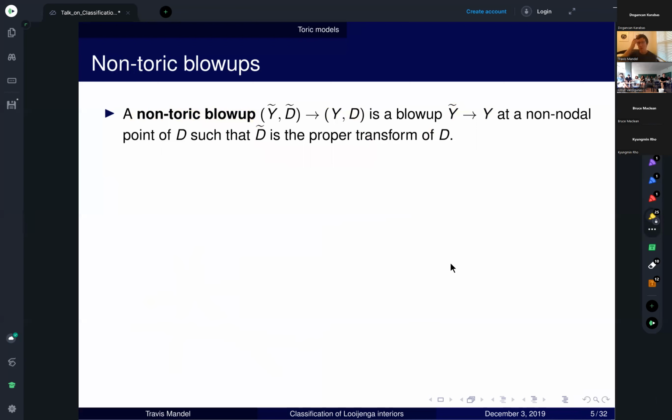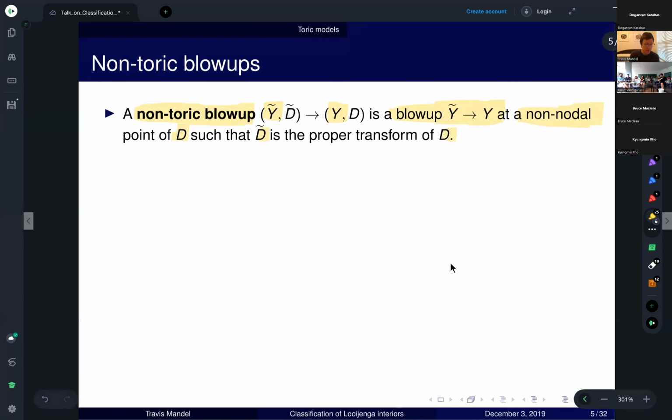In contrast, we'll also consider non-toric blowups. So this will be how we actually get different Looijenga interiors, how we change U. So a non-toric blowup will be, again, a birational morphism from Y tilde to Y. This time we'll blow up at a non-nodal point of the boundary D, and then D tilde will be the